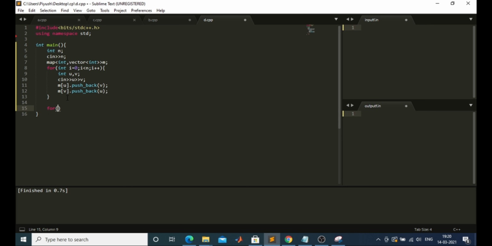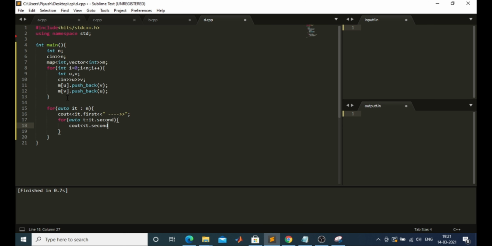Okay, for int i equals 0. Okay, wait, auto it belongs to map, cout it dot first. Okay, we have done this first. And after that, there is a vector in the value, so we will traverse it like a vector, for auto i belongs to it dot second. Okay, it dot second is a vector, cout it dot second, sorry, not it, it will be t, cout t.